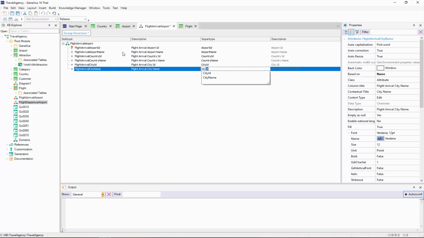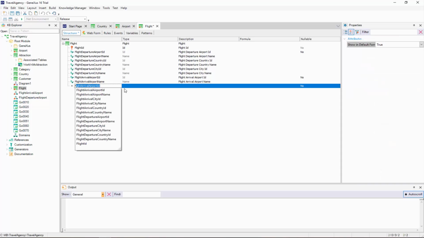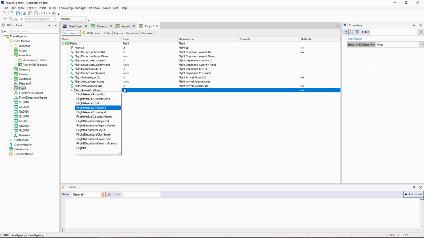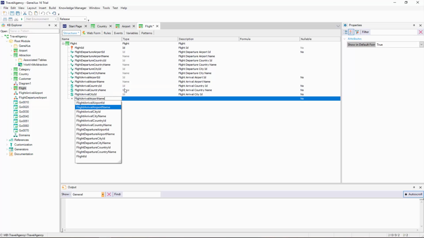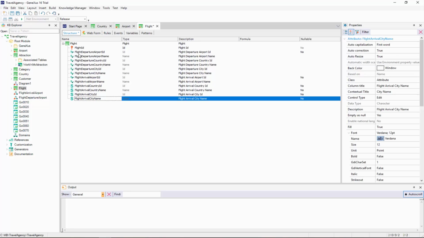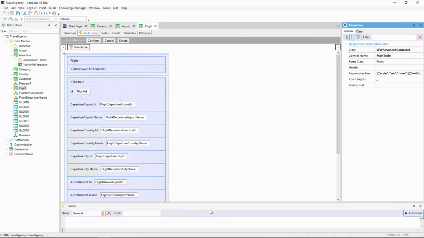We save. And after saving, we also add these to the structure of the flight transaction. Like we did before, we change each new attribute's contextual title so that the label on the screen indicates the attribute's role.